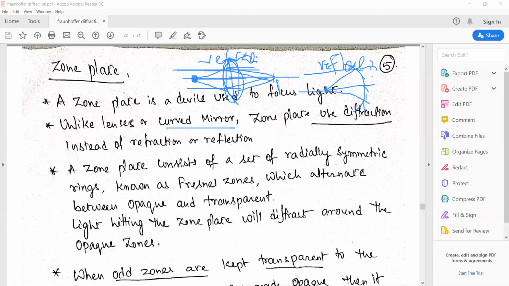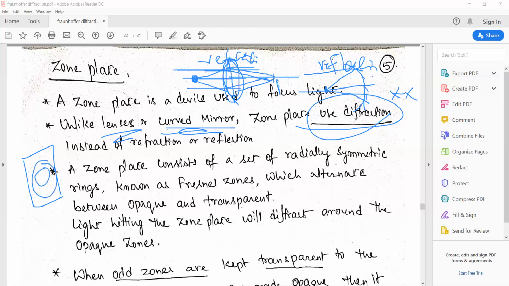Whereas in a zone plate, the main principle is diffraction phenomena. Unlike lenses and curved mirrors, the zone plate uses diffraction phenomena to focus the light. Zone plate means nothing but a center of rings. There will be zones. It's a set of radially symmetric rings known as Fresnel zones, which alternate between opaque